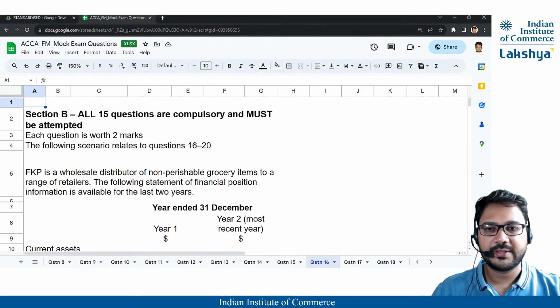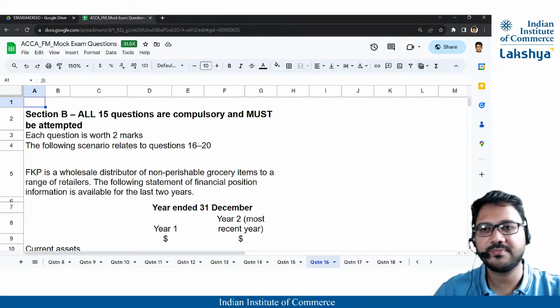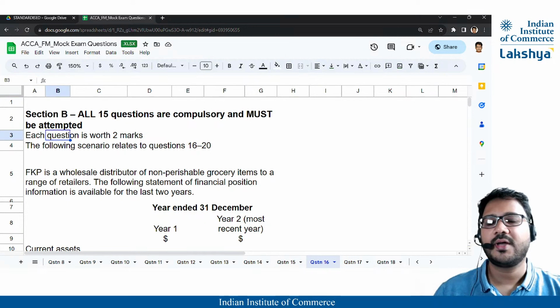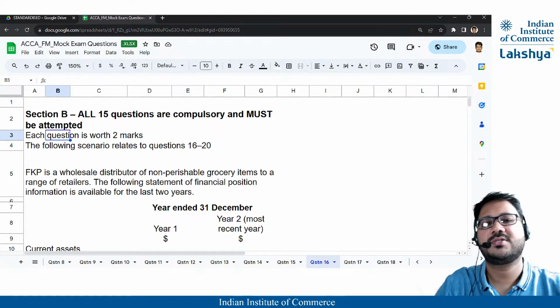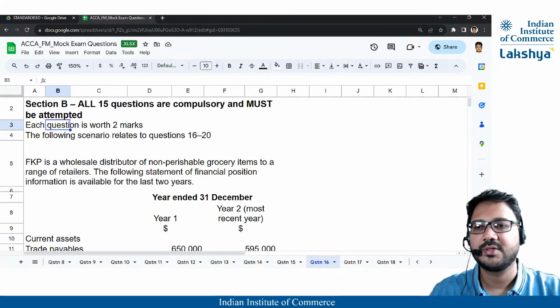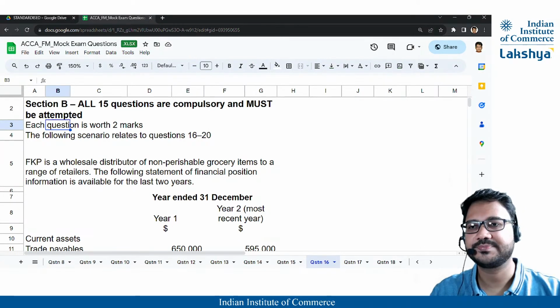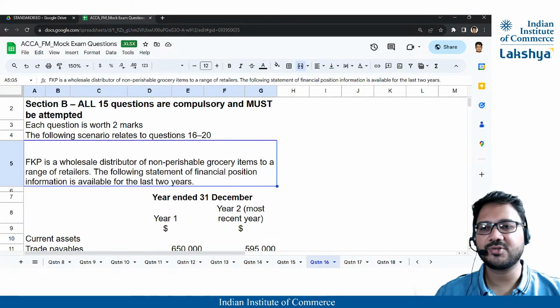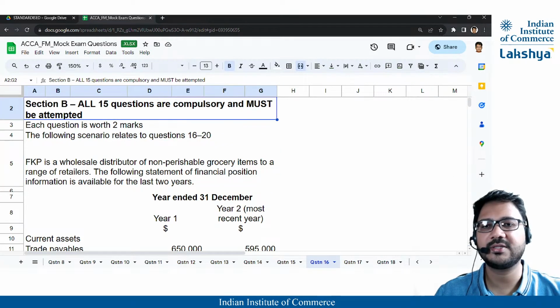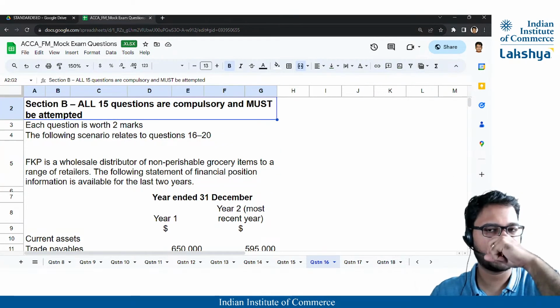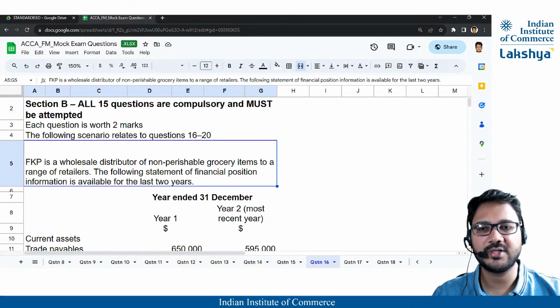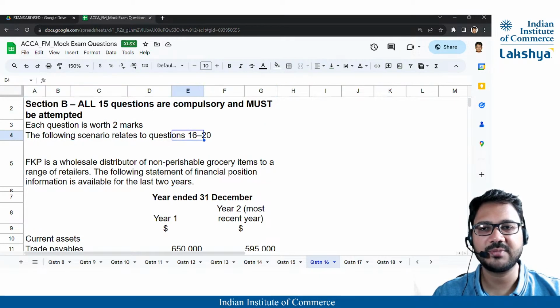All right, welcome back. So let's start with section B. Again, as I said, pause before answering. As in, once I read the question, pause before you see my answer. Just as a good practice. Okay, so now again, in section B, there are 3 questions now with 5 sub questions. So this particular case deals with question number 16 to 20. Okay.